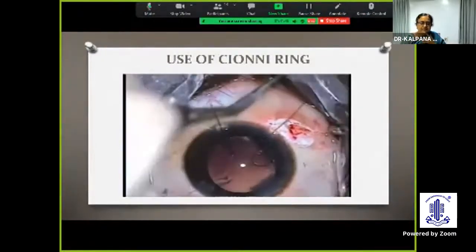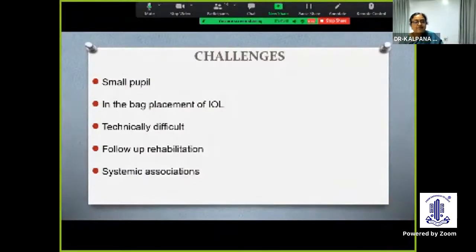So that's very important. The challenges would be that, surgically, these pupils sometimes do not dilate. And then there is the technical difficulty of back placement of the IOL, and follow-up, because these kids can sometimes present with optic capture, decentration, glaucoma, or other retinal problems. So follow-up, the change in refractive status, and also the underlying systemic association all have to be addressed. It's very important to follow these children and do what is needed, and have a customized approach to these kids. Thank you for the opportunity.